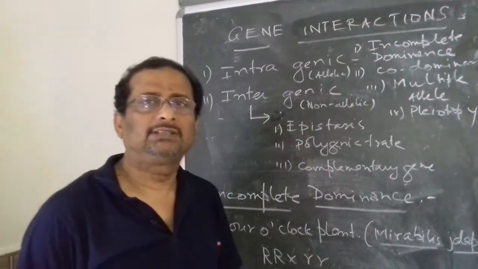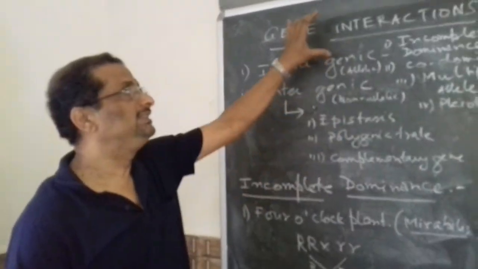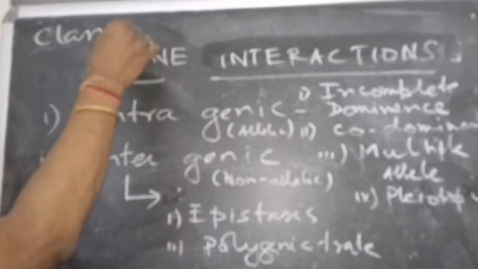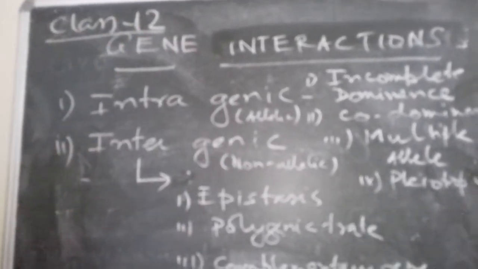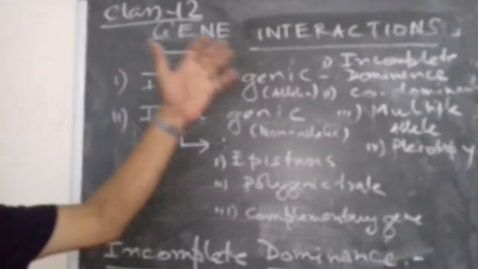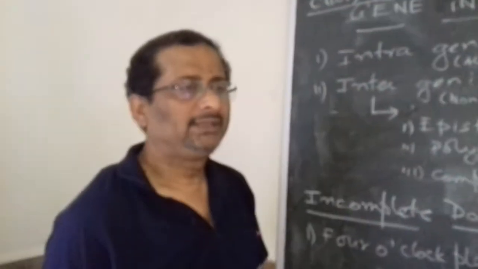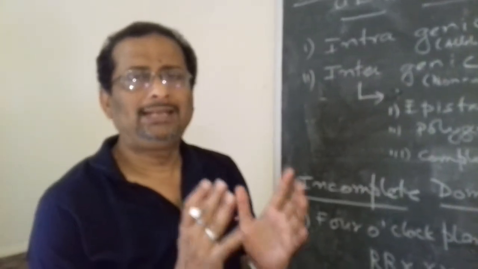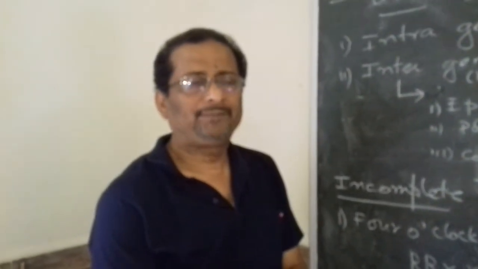Today the topic under discussion is gene interactions. This is for class 12. Now, as you know, gene interactions are the interaction that takes place in between two allelic genes or in